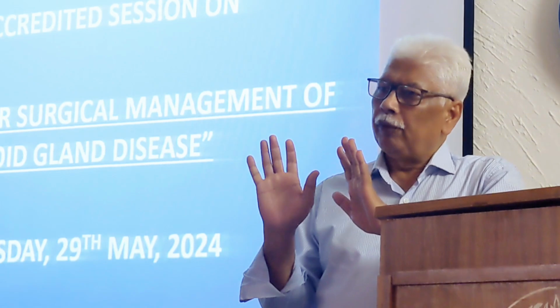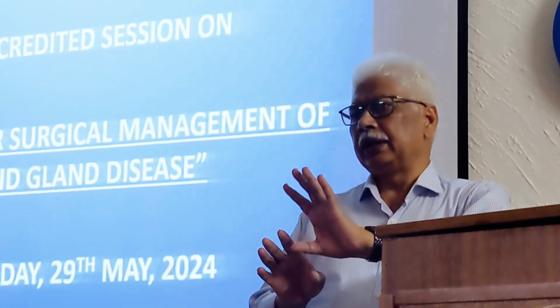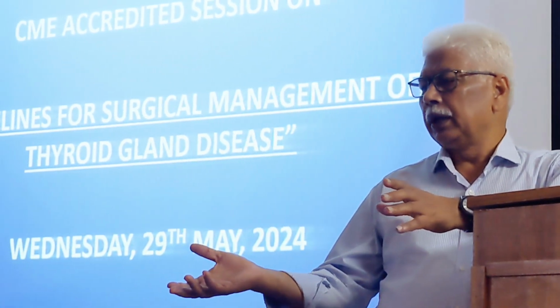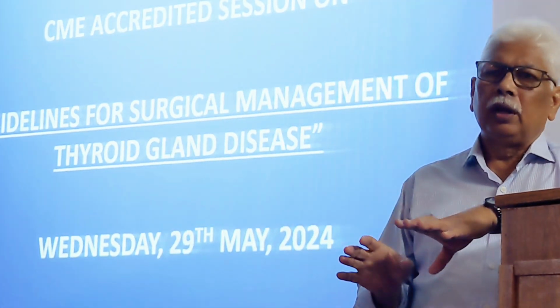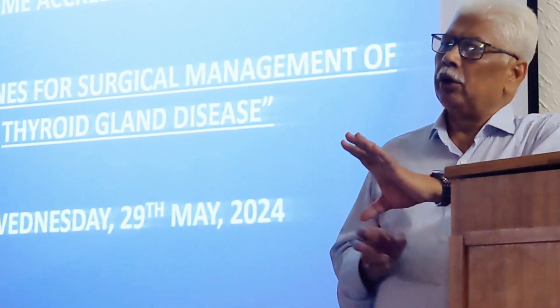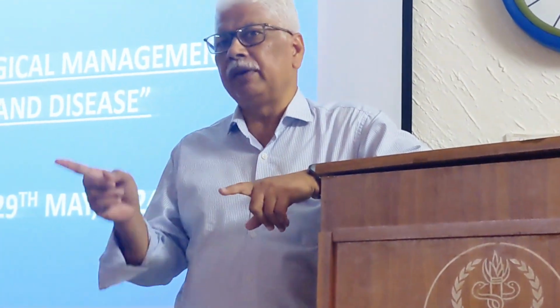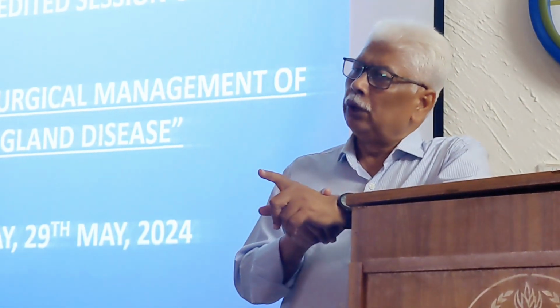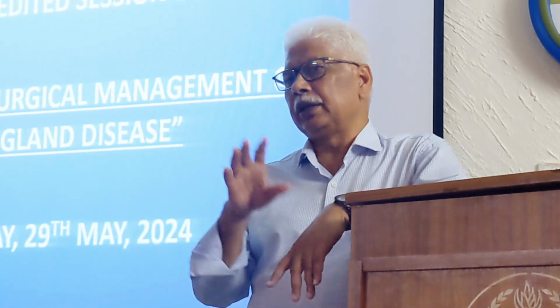Please remember, the spectrum of disease in the case of thyroid is only four. As soon as the patient comes to you, the first thing you would like to take up in the history is whether the patient is hyperfunctioning or hypofunctioning. Please remember, the symptoms of hyperfunctioning are very vague. You will not be able to pick them up on the history when you're taking it, and in the case of hypothyroid, it is on the process of exclusion that you diagnose the patient. If the patient is not having the symptoms of hyperthyroidism,